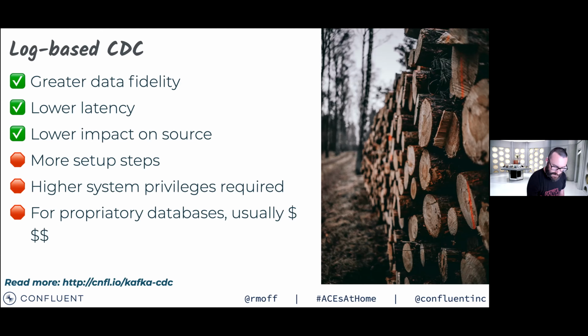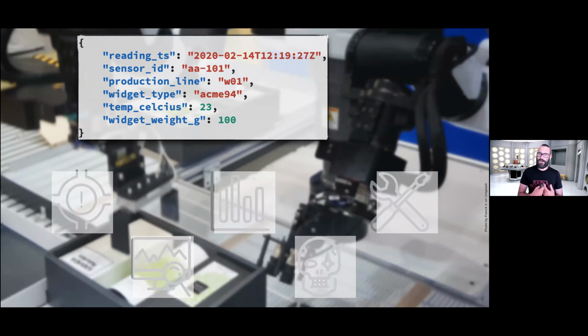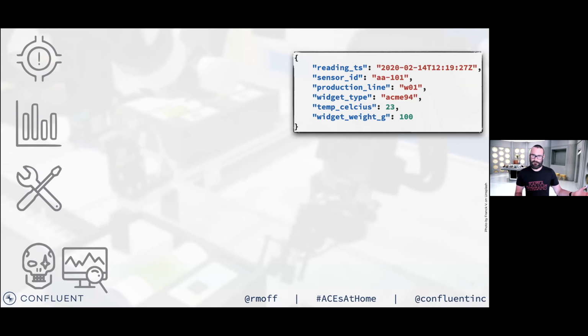Let us quickly talk about ksqlDB, because ksqlDB lets you take these streams of data that you've got going in and out using Kafka Connect, but actually build some really useful things against it. Because a lot of things we do with streams of data are based on fairly common patterns. We've got data coming in and we want to simply alert against it. So we've got a machine production line, we've instrumented all the robots, we've got events coming in from those robots all the time. We want to alert against them.